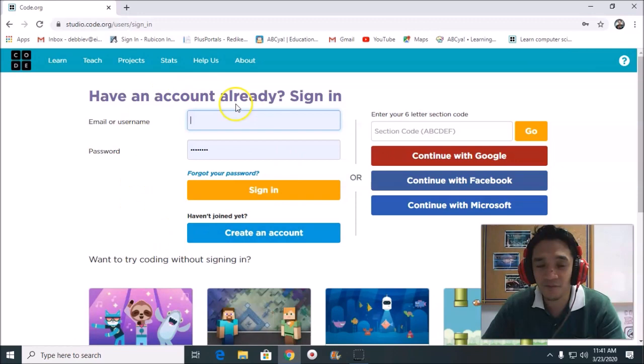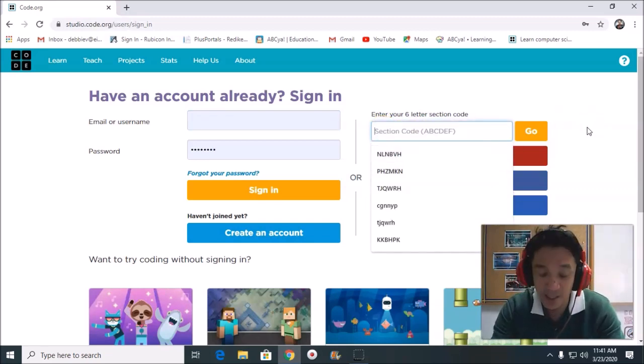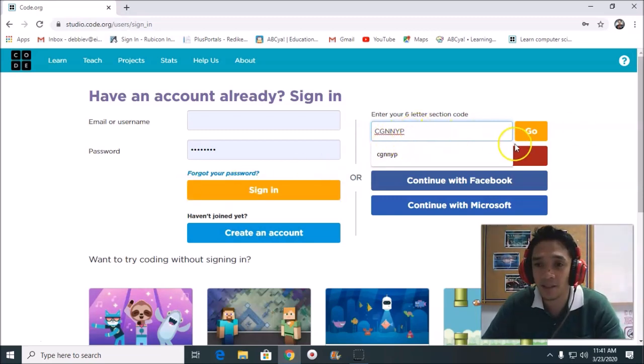For those students who want to learn programming with code.org, you can simply click create new account, and you can sign in. But for those who have their own card and their section code, you just type it here. So here you write the code. I will be using the grade 5D code. So the code is CGNNYP. Click go,